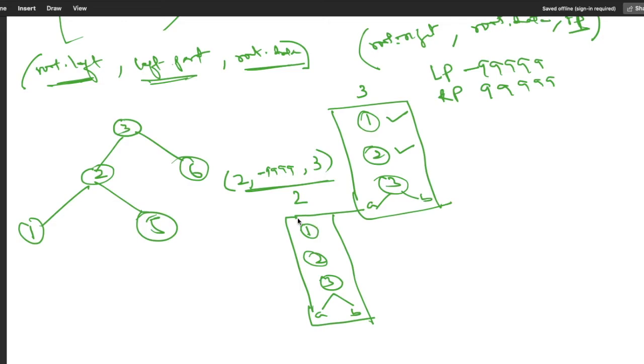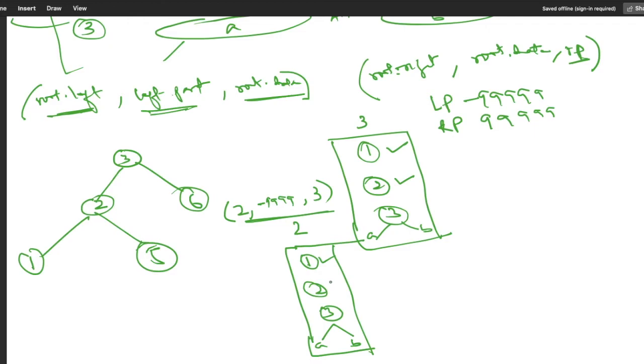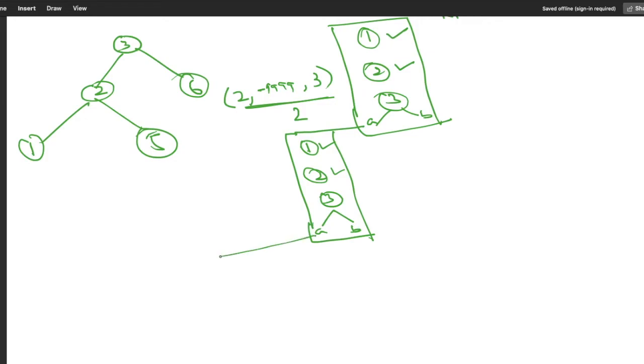Now the very first line is checking whether the root is none or not. The root is not none, it has some value, so the first line passes. Now in the second line we are checking whether this root data is less than or equal to the left part. Whether this 2 is less than or equal to the left part, no, or whether this 2 is greater than or equal to the right part, which is 3. This is also false. So control will go directly to line number 3. In line number 3 we are calling the same function. So now let us call the same function again one more time.